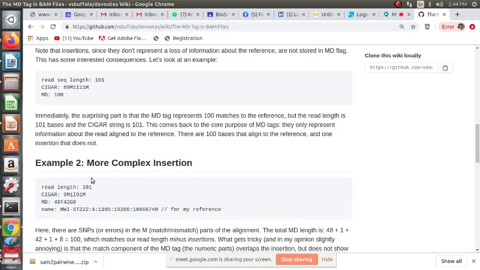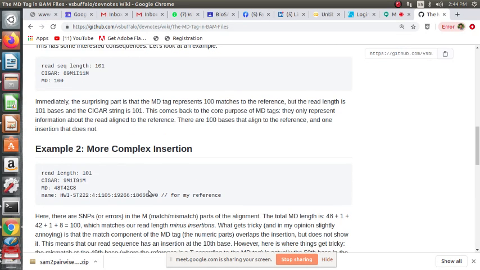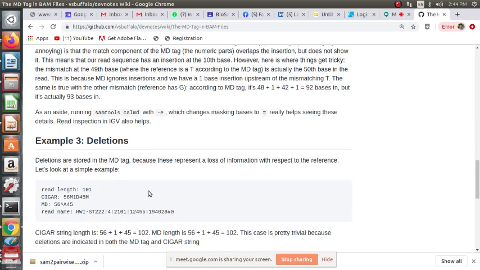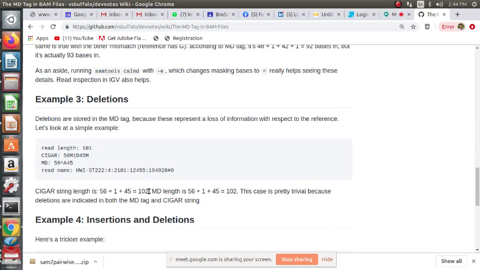The read length is also 101. For the more complex insertion also, it is 9 plus 1, 10 plus 91, 101. But in the case of deletion, we get an extra cigar length, because we are accounting for the deletion. From the extra cigar length, one is deleted, so we get the read length as usual. So 56 plus 1 plus 45 is 102, but that is understood to be 101 in the sense that there is one deletion.